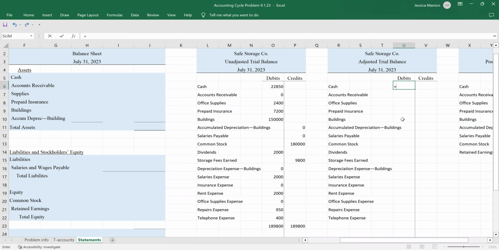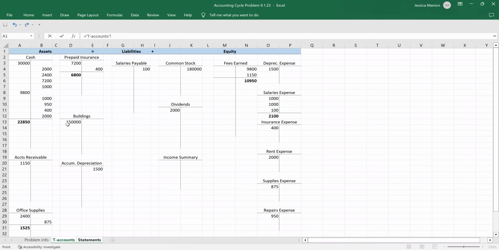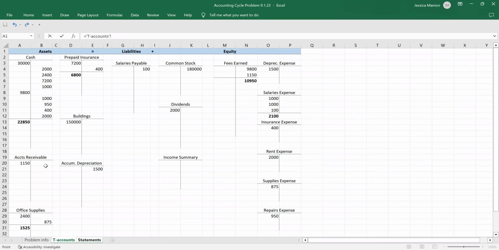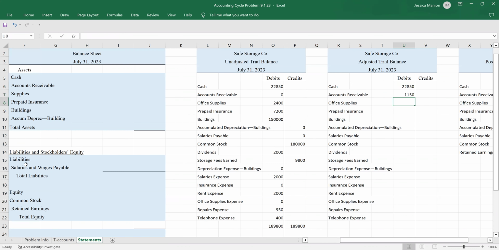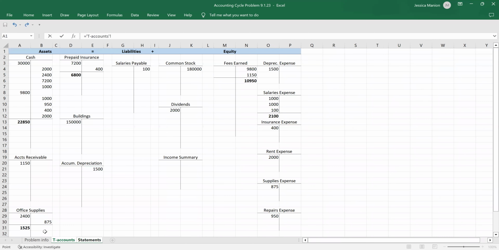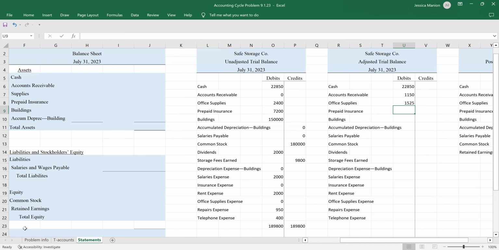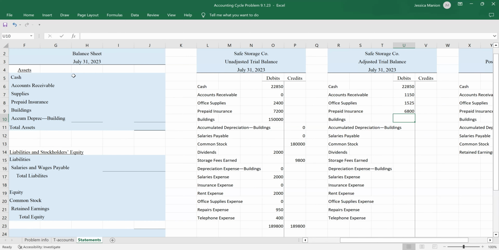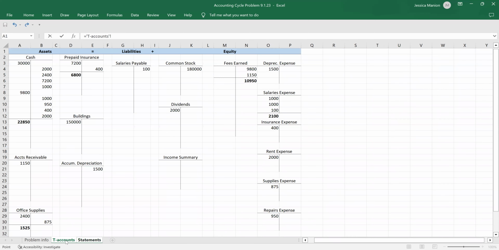So cash, we've got a debit balance, $22,850. All right, accounts receivable equals, we click back to our T accounts, debit balance of $1,150. Office supplies, now we go back to our T accounts, $1,525. Prepaid insurance, we go back to our T accounts, that now has $6,800. Buildings, we go back to our T accounts, we've still got